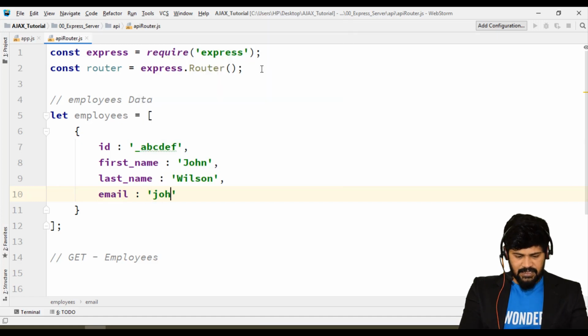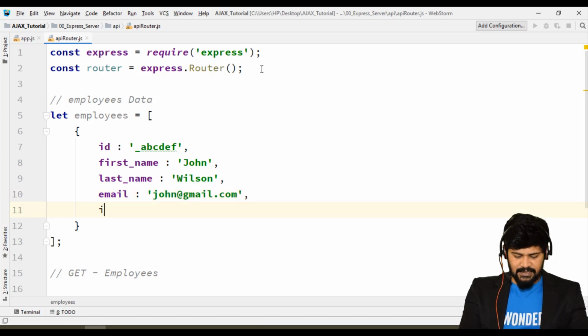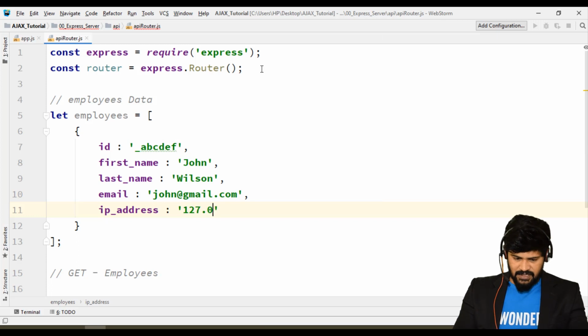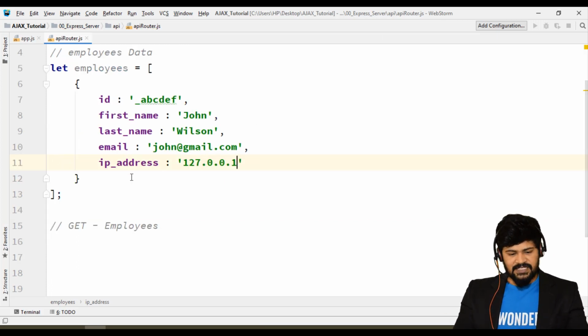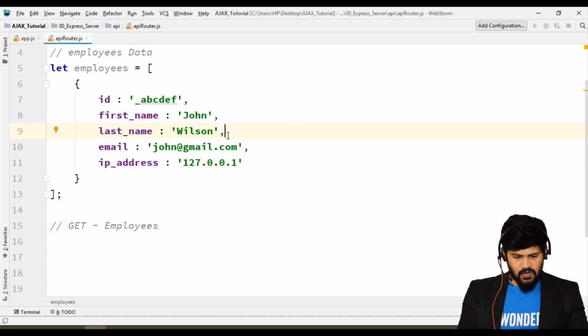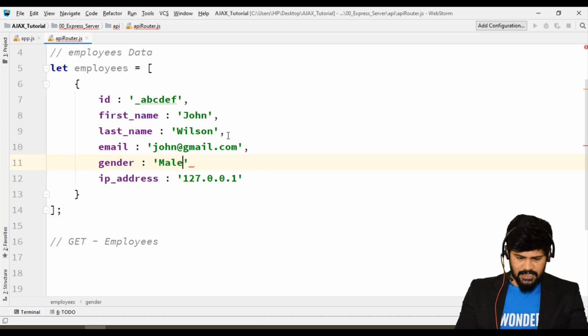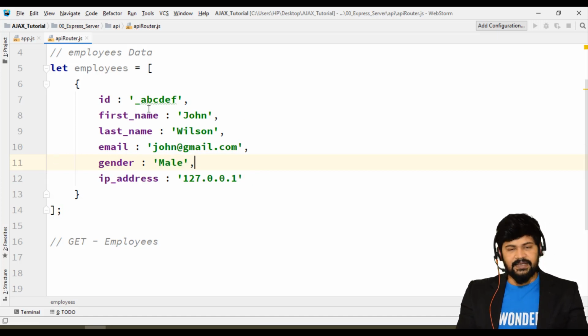Email is going to be john at gmail.com, and IP address is going to be 127.0.0.1. This is the IP address of this particular employee. Fine. Let's add gender, male. Okay. Fine. This is my employee data.